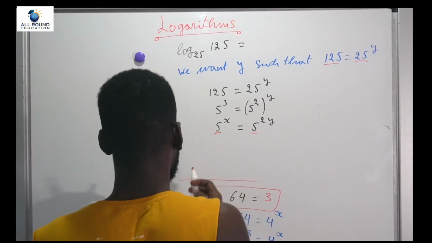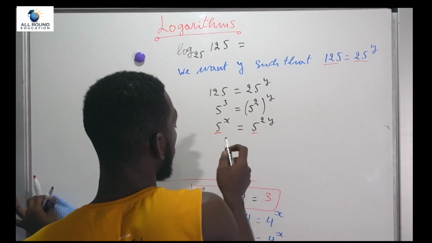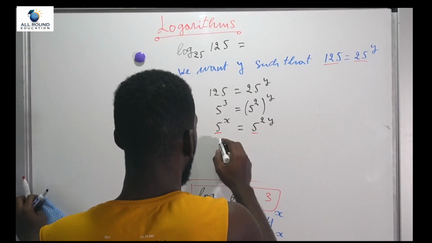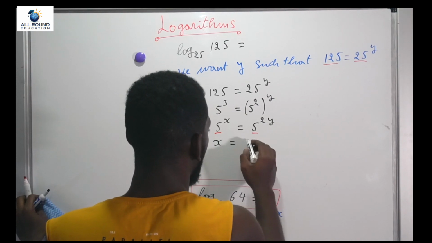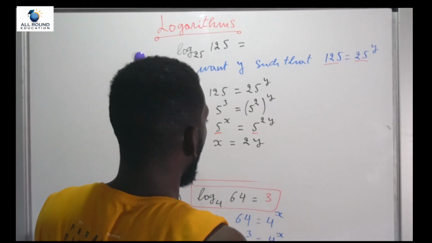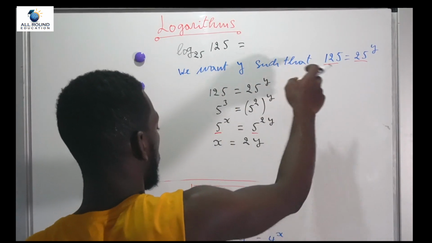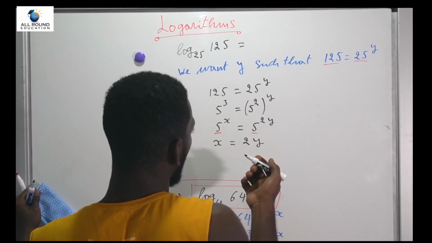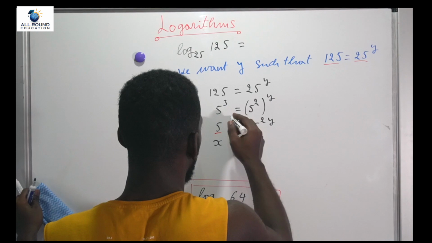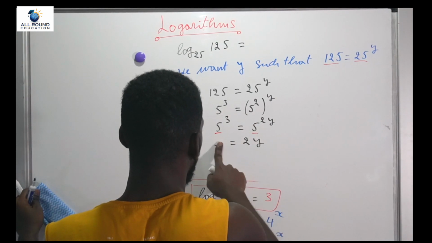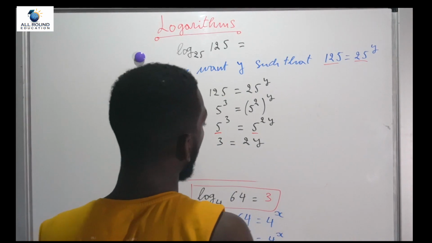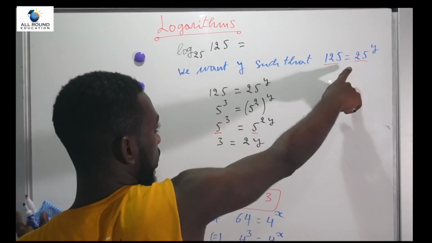Given that the bases are the same at this step, we are allowed to equate the powers. So what we can then have is 3 must be equal to 2y. Now let's solve for y. Sorry guys, this is not x, this is 3. So this is 3. Now we're solving for y. We want y such that 125 equals to